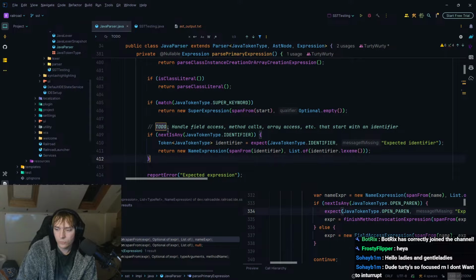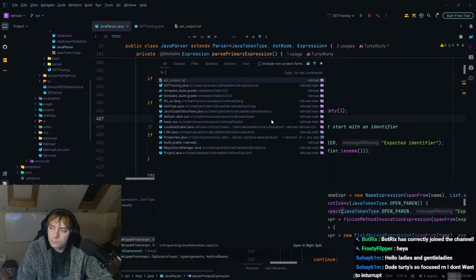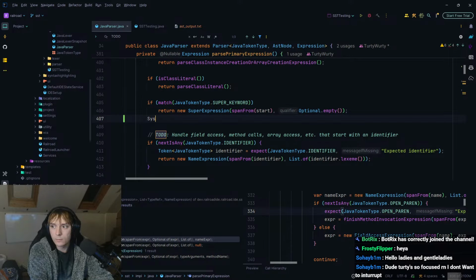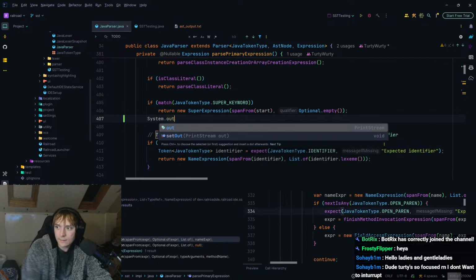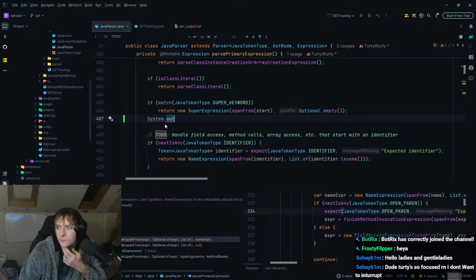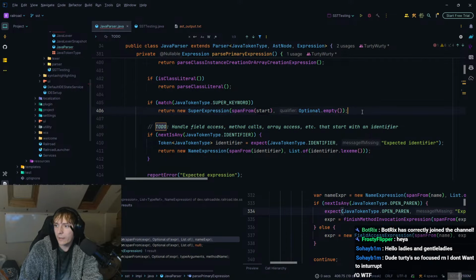Where do we handle normal field access, I wonder? Because for example, when you do system.out, that's a field access expression, but that's also just a name. It's just an identifier followed by another identifier. So where am I handling that?